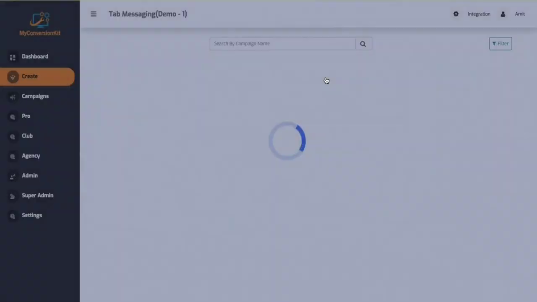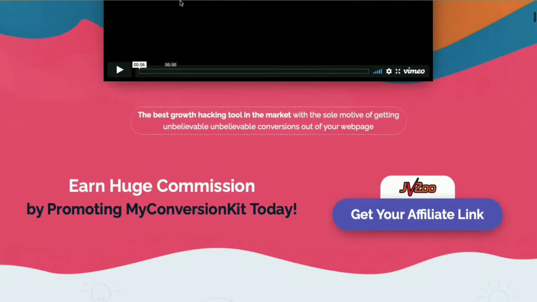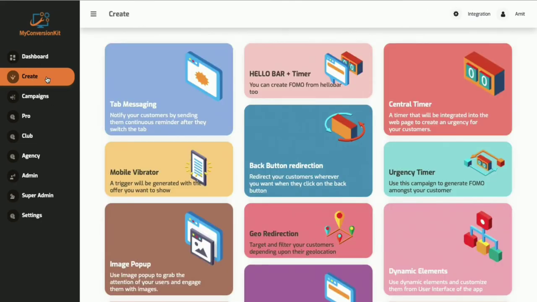Your campaign is live now. Just go to the page and reload it to load the script from the software. Okay, now it's loaded. Let's change the tab. You can see the messages are being displayed over here. "Hey, don't forget." So you'll be getting a lot of messages. And now your campaign is ready to bring back 80 to 90% of your customers who have moved away from a website or landing pages. So let's create one more campaign.